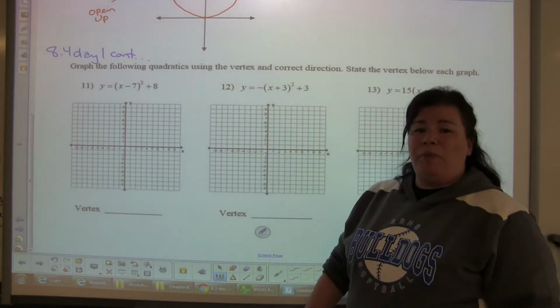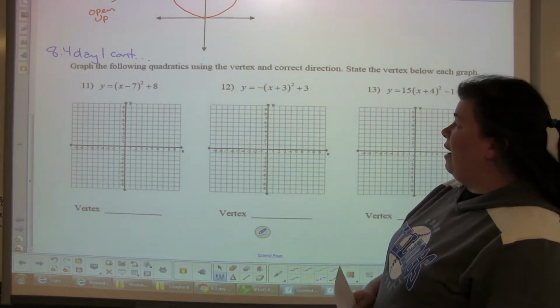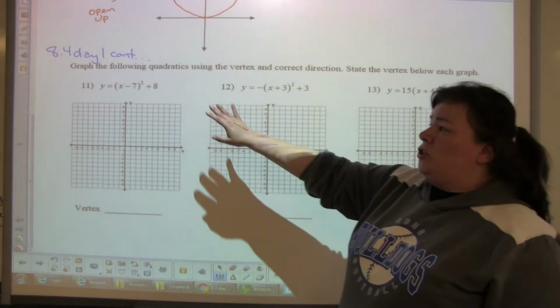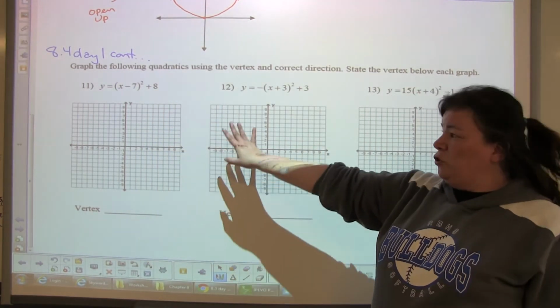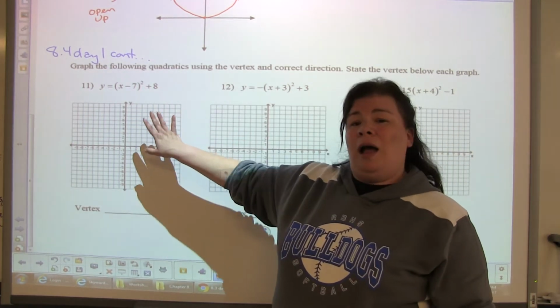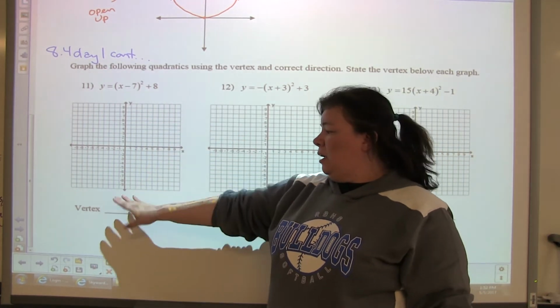Okay, so we're back with 8.4 day 1 continued. All we have left to do are these 3 graphs. So maybe you can try these yourself and try and plot them on this grid here and then designate where